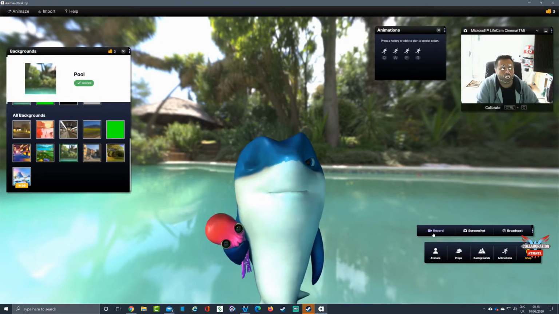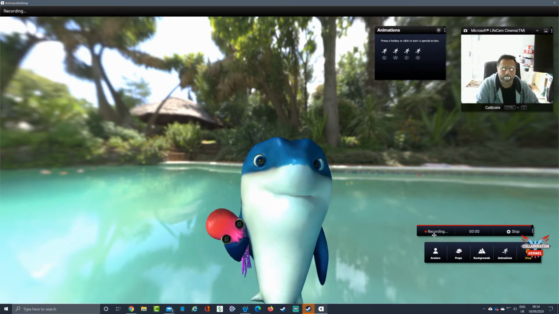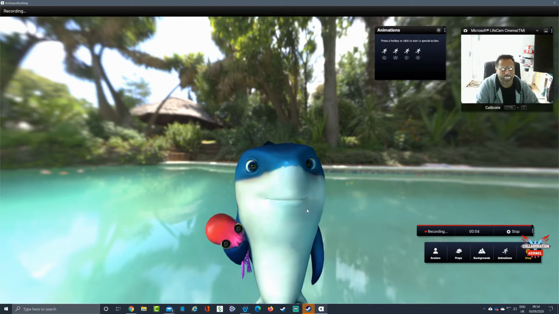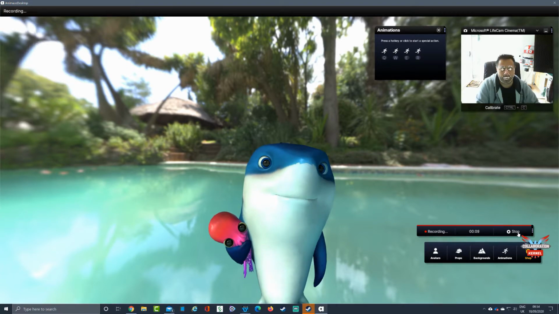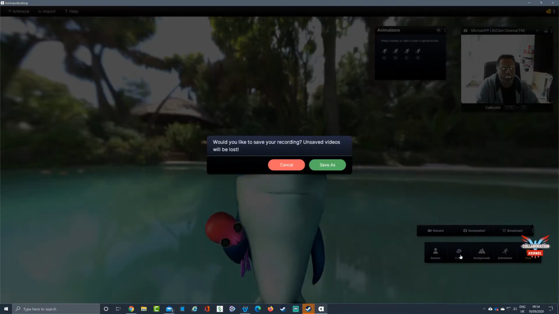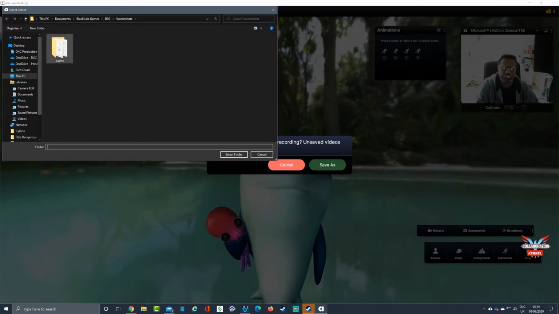Now you can also record within Animaze by hitting the record button. And that will then record your video, which you can then play back. As you can see, the frame rate seems to be jerking quite a bit. Not entirely sure what all that's about, but we'll test it out later. So we'll press stop after that 8 to 9 seconds of video. And then you can also put props on as well. Let's save this recording. Say save as. We'll put it in Battlestar Galactica and we'll just say